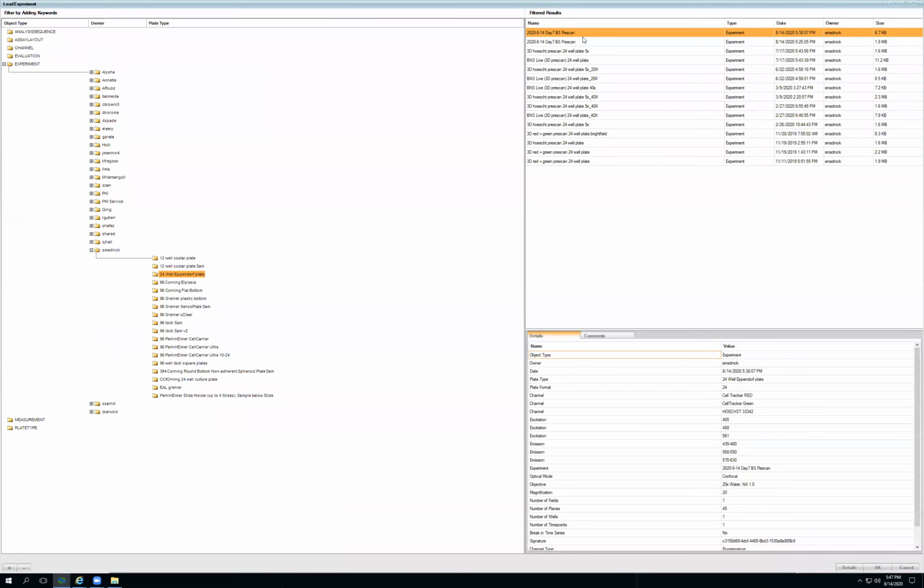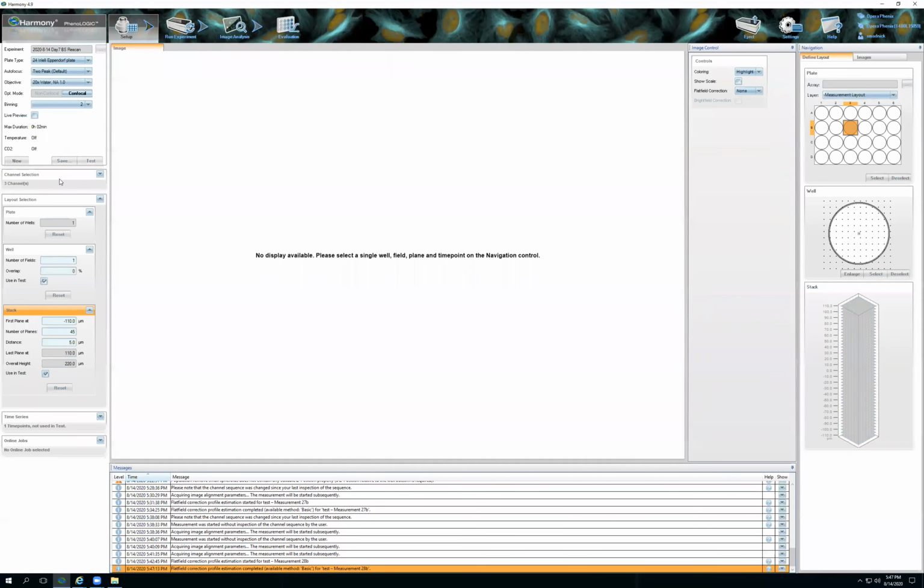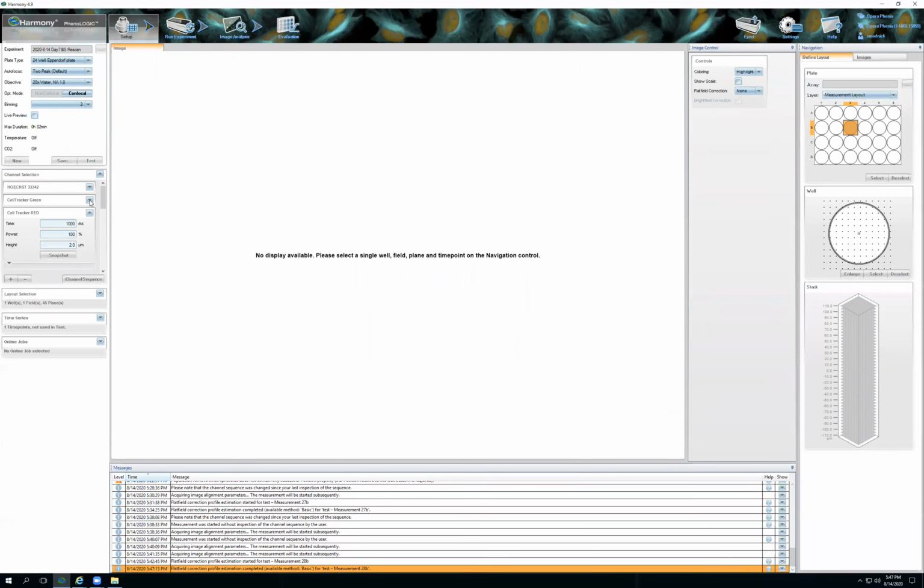Again, you're going to open your rescan. And then if I wanted to try to get my red channel a little bit higher, I could bump this up some. So this is a catch-22, right? If I increase this, it shows up here as the max duration. For one well, it's going to be 2 minutes. But if I increase this to roughly, this says 1 well, 13 fields, 45